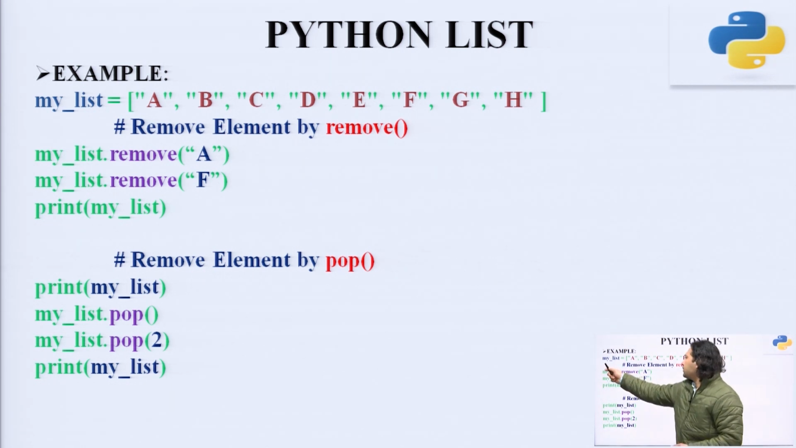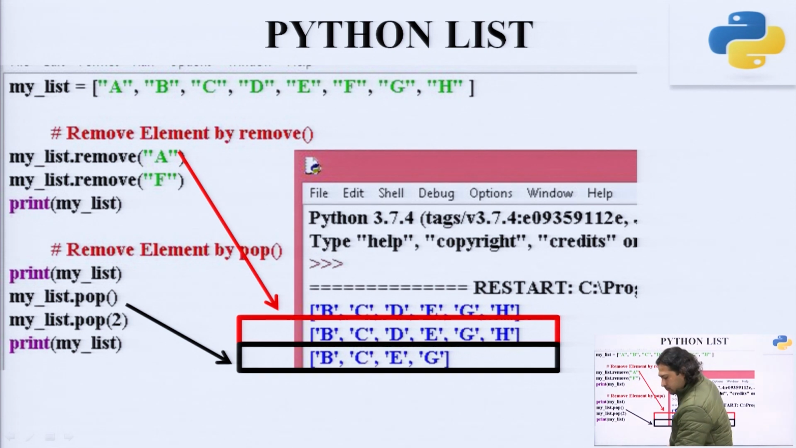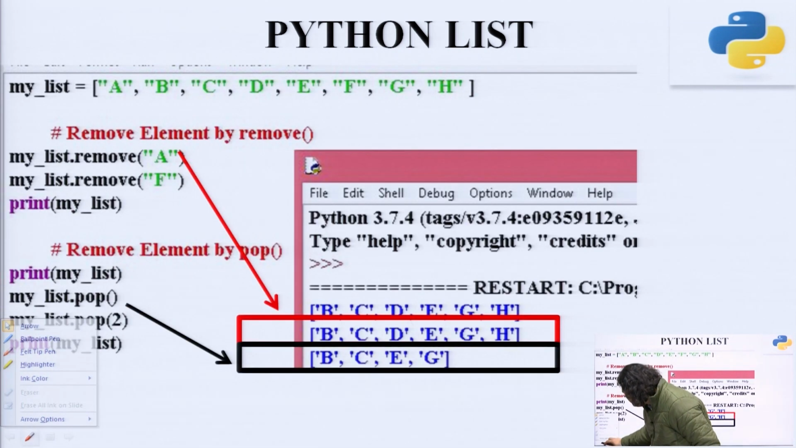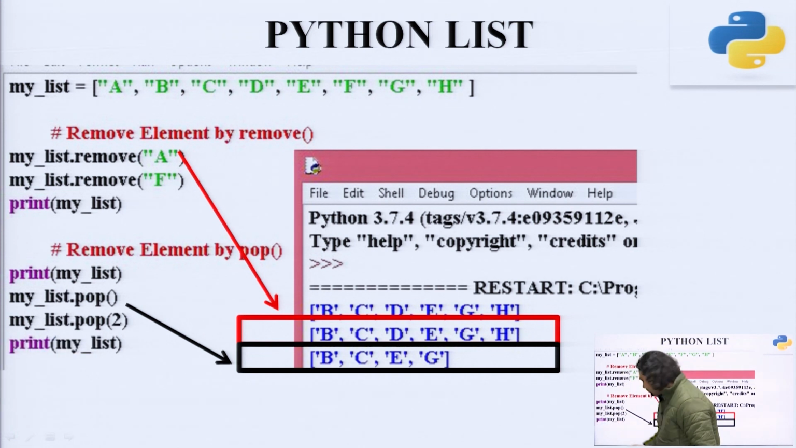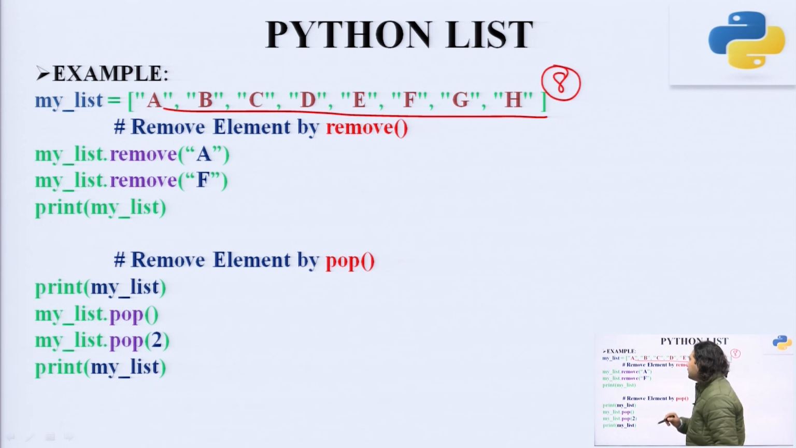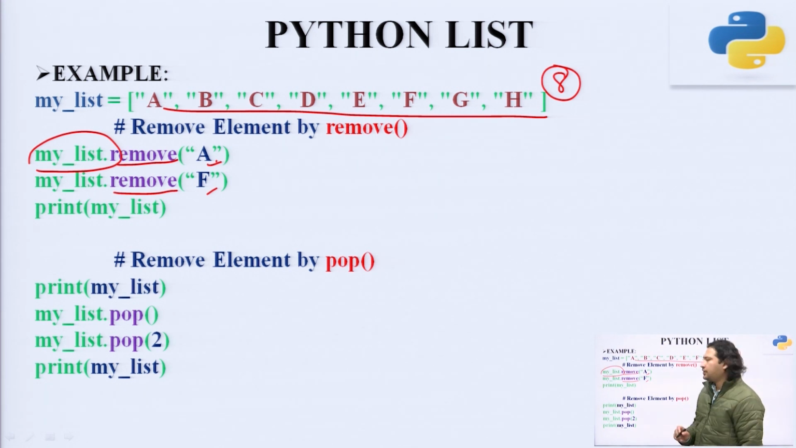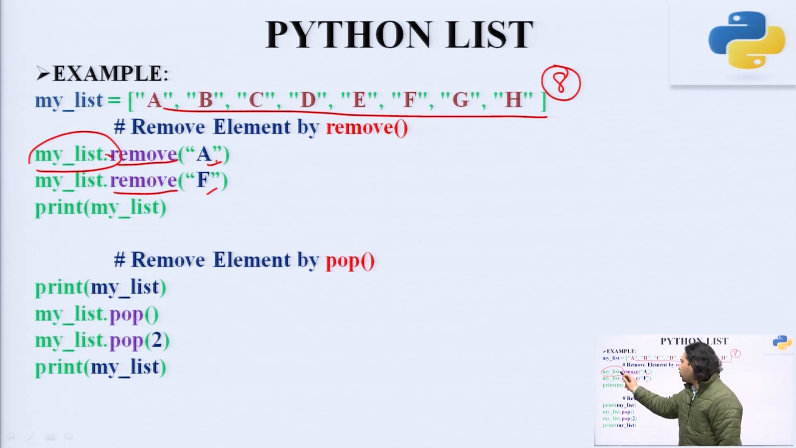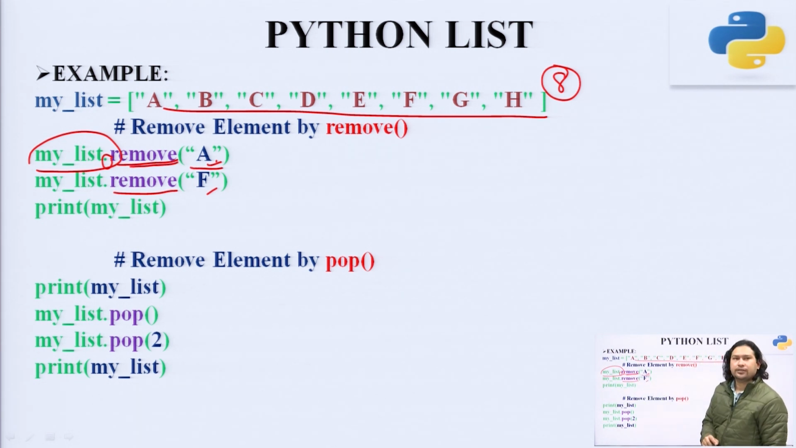Now, in this list here you can see we have these 8 elements, and in this we want to remove A and F. Again we are using a method, and the name of the method is remove. So, we are going to remove A and F under this variable myList. The syntax remains the same: the variable name followed by the dot, followed by the method's name,